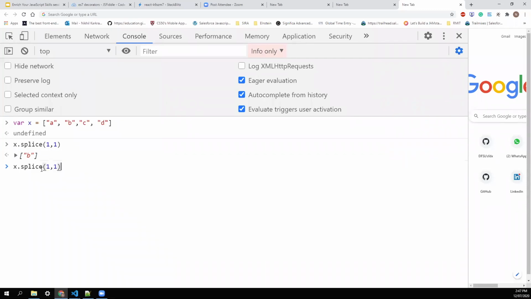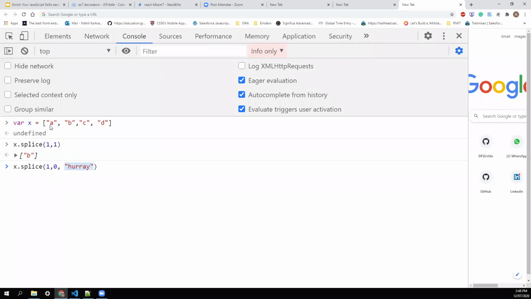But similarly, if we want to add something, then splice is handy there as well. If you pass the second parameter as 0, then splice understands I don't have anything to delete. And after that, if you add something, it will take it as an add, that element that you want to add to an array. So it will again go back to the index.